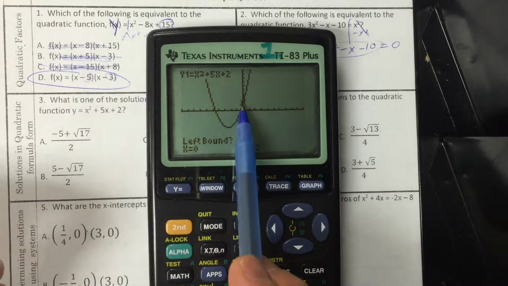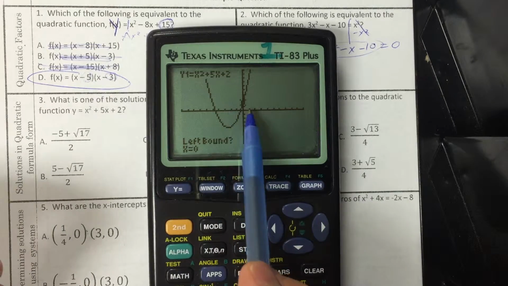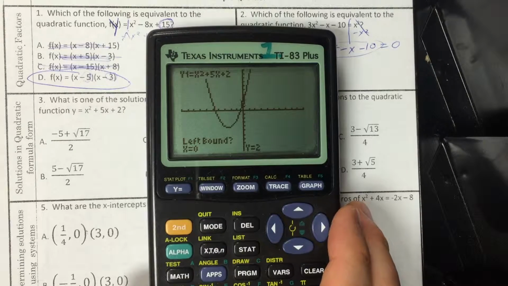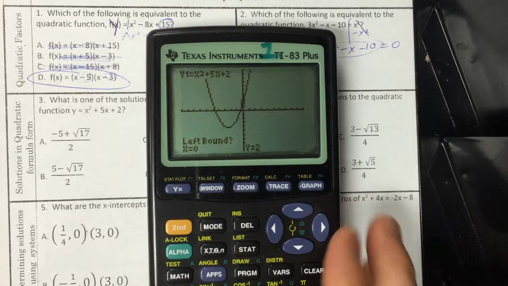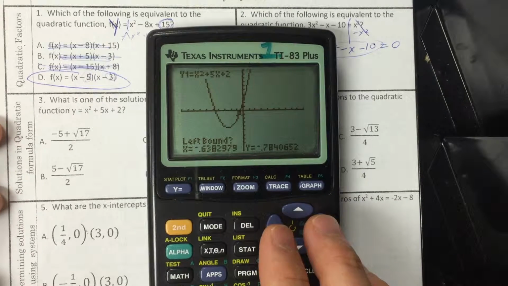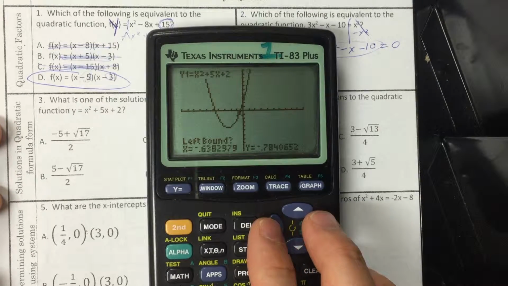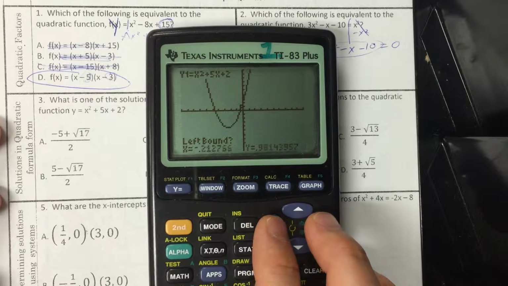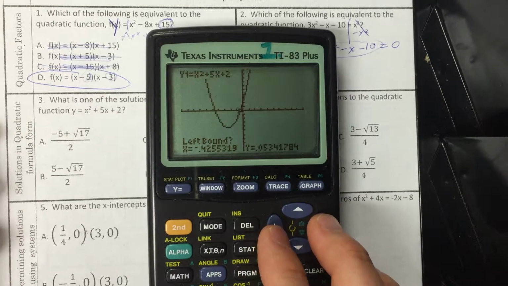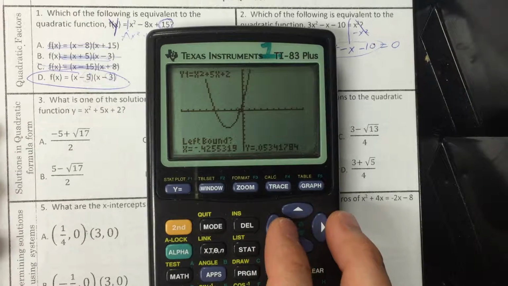Now, you see the little blinking guy that appeared? Here's the trick to this. We want to get the exact roots. You could get the approximate root by moving the cursor, and you might even be able to eyeball it and get 0, but see how it's not landing on 0 for me? It's just not working. We could maybe zoom in and get better at that. Or another way that I'm going to show you is,